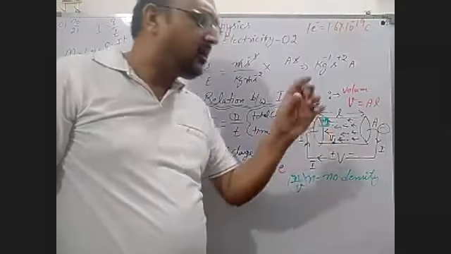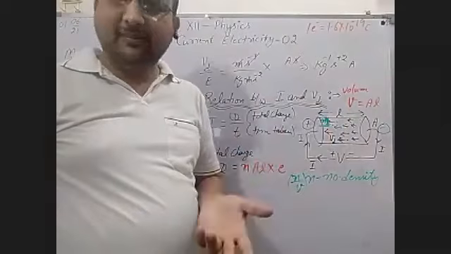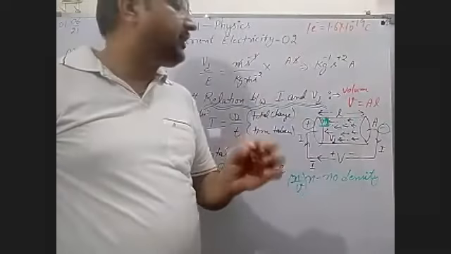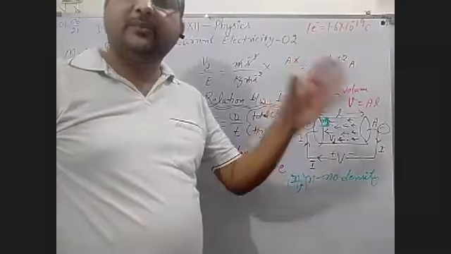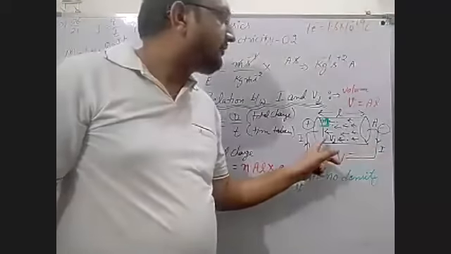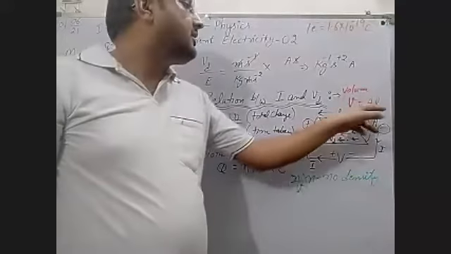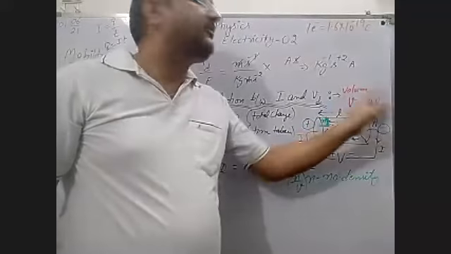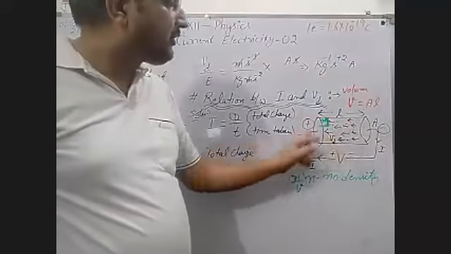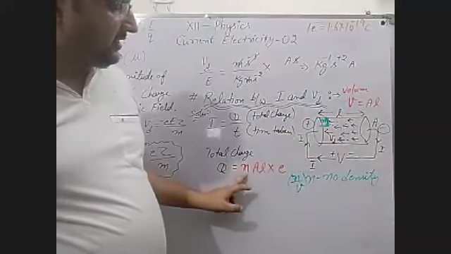Suppose this is the volume. A box is here. One unit is its dimensions, length, breadth, and height. Then its volume is unity. And number density means the number of electrons present in unit volume. And what is the volume of this conductor? I don't know, AL is its value. Now, multiply this n with this AL, then the total number of electrons present in this conductor we can calculate by this, nAL.